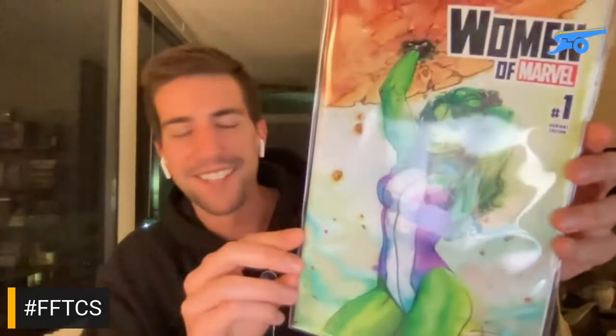All right, speaking of fun, Chancellor, you're having fun picking up some books here. So what is your second fresh get of the week? Yeah, so I got Comic Tom's Mystery Mail Call came in, was my first one. And I got this Women of Marvel number 1 variant edition. Love that cover. Yeah, so beautiful. Haven't even pulled it out yet, but